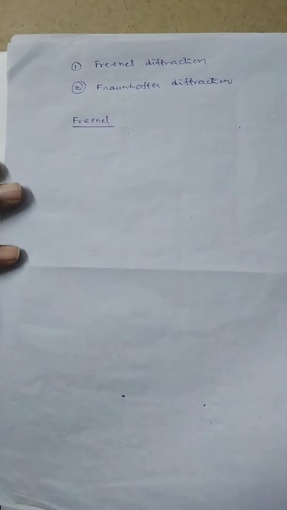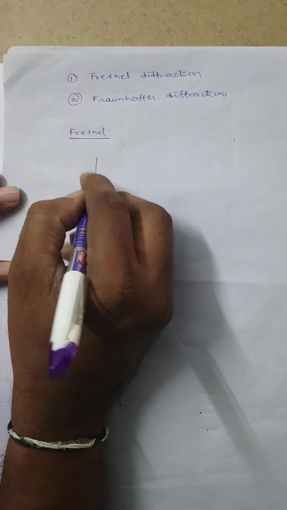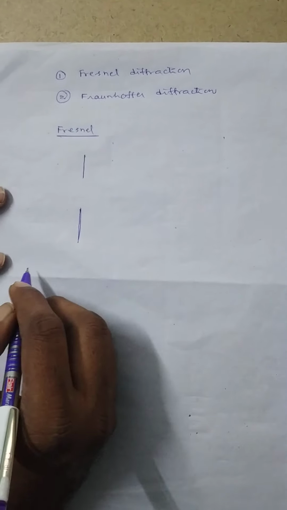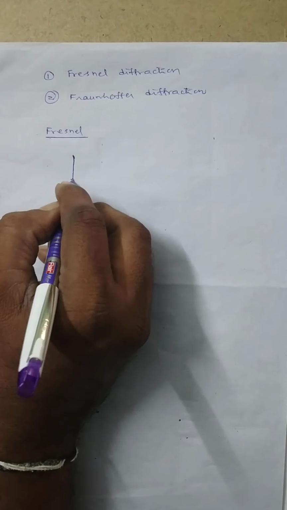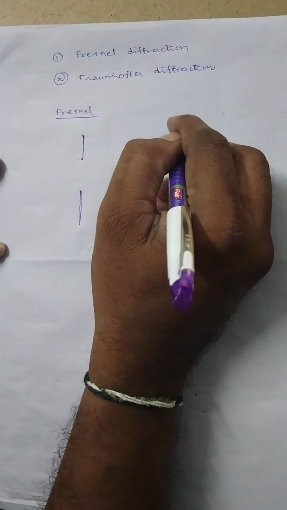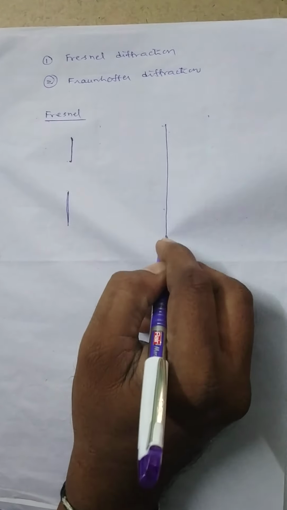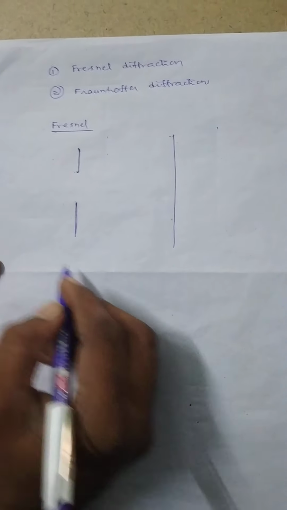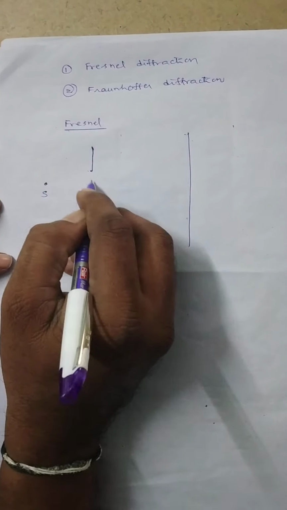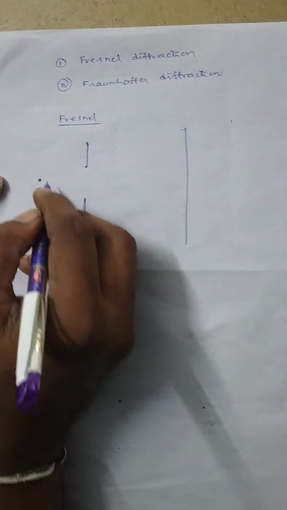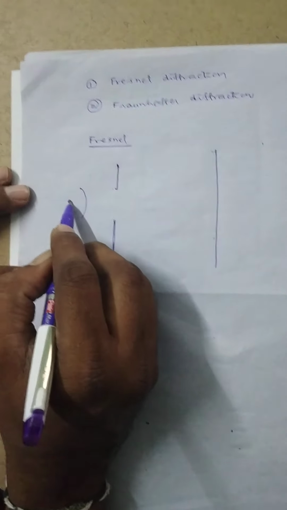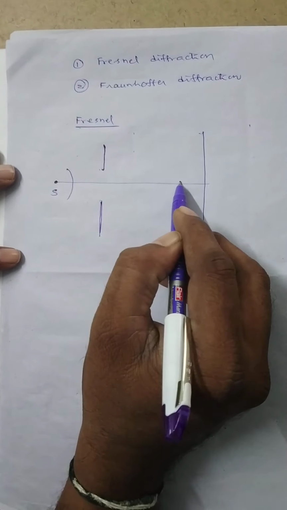diffraction. In general, it is a slit, a single slit. The slit width is equal to a, and this is a screen. Now a point-wise monochromatic source is kept at a finite distance from the slit. Finite distance. That means the light rays coming from S1 are made to be incident along this direction.